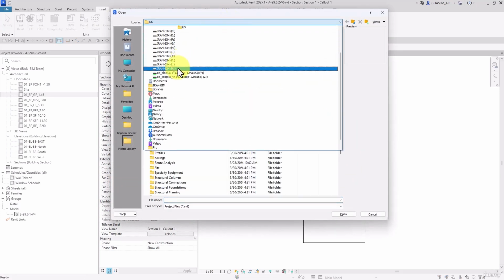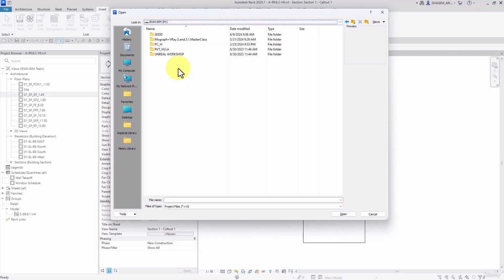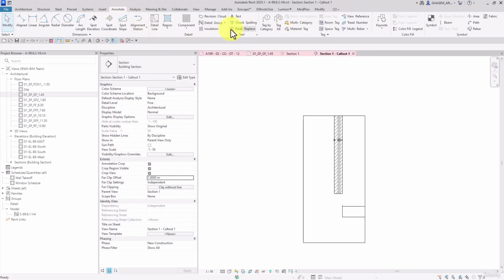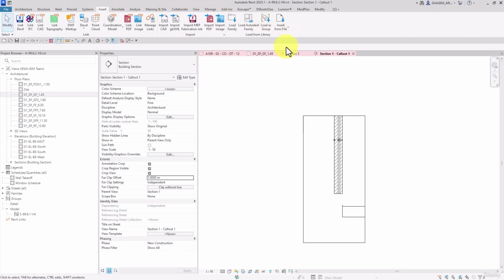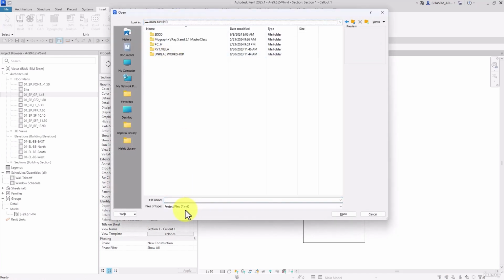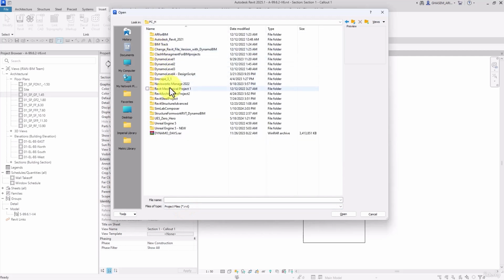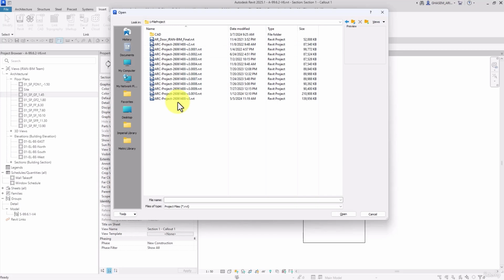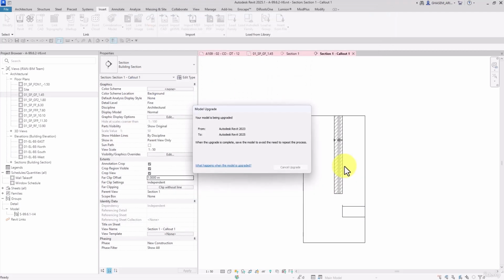Then I want to select a file. Firstly, let me determine the file location. Now a folder in which I have used detail items. I mean the tools in the annotation tab, aligned dimensions, the details, the text, the tags, the keynotes. So insert 2D elements, and then we determine the file location, project 2 files, and Revit files. Afterwards I can choose one of these, open,